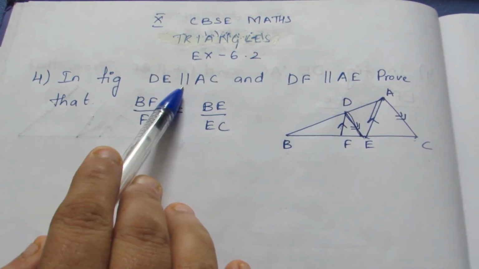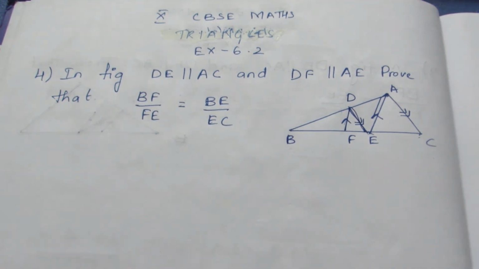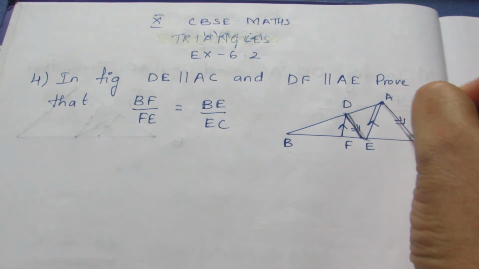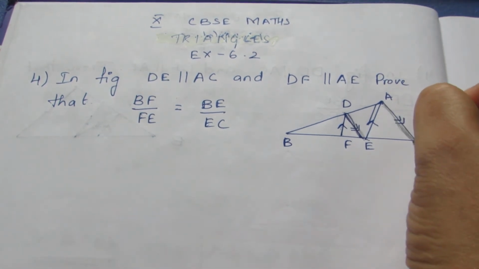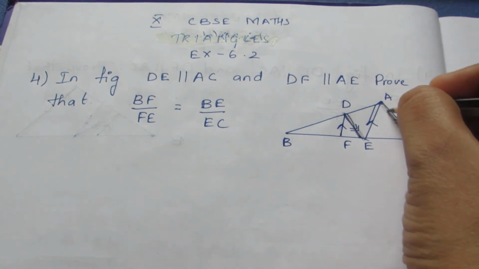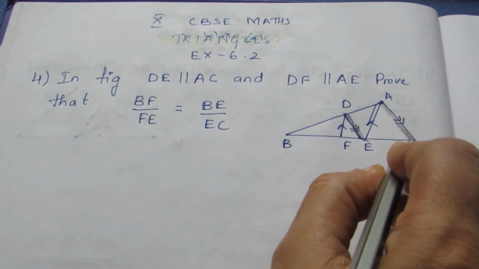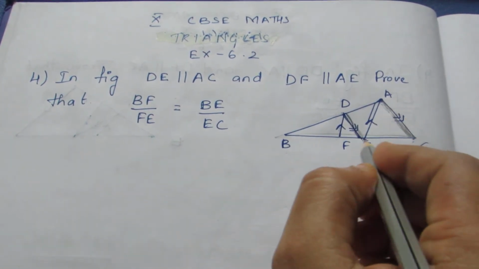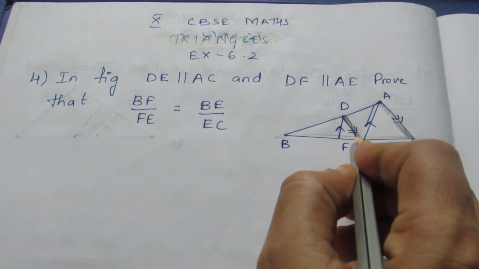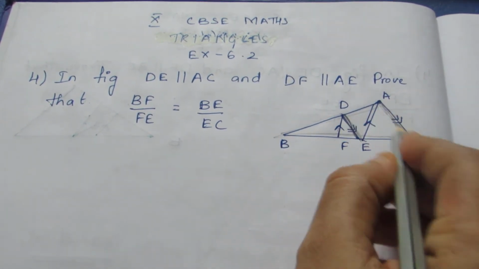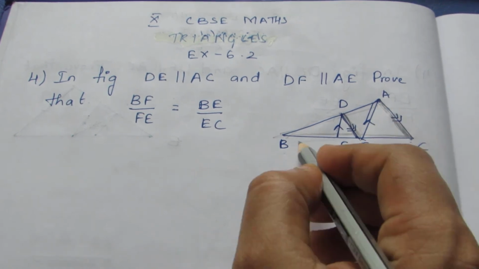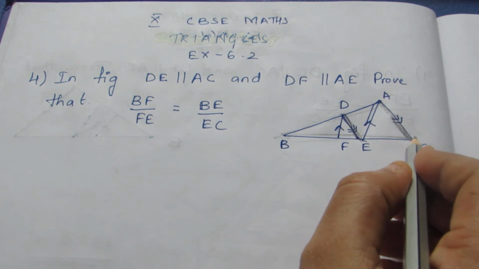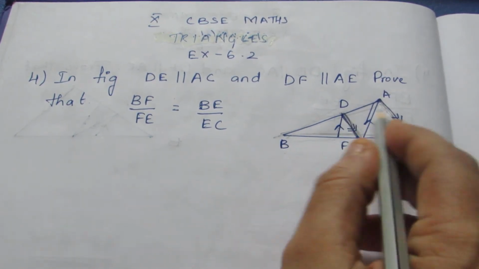Now always take the given. In the given it is given that DE is parallel to AC. So I'll just darken it. DE is parallel to AC. Here always take the bigger line of the two parallel. Here the bigger line is this. Take it to be the base of a triangle. So my triangle will be ABC, because there is no in-between triangle. The line should be there in the triangle. If you want to take a triangle, we need to take triangle ABC.